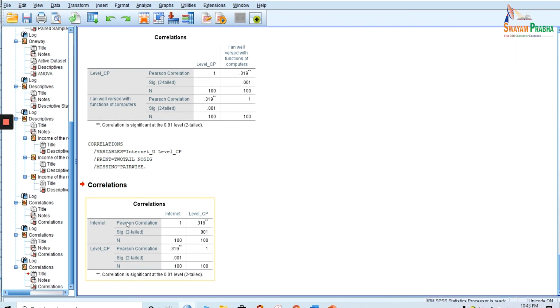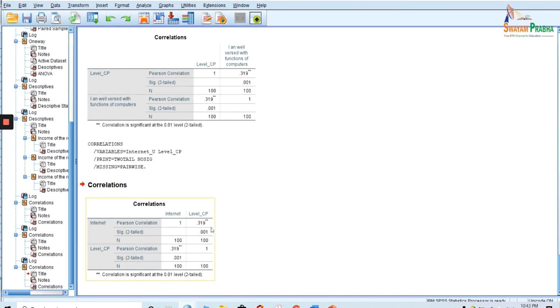See here, the Pearson correlation between internet use and the level of computer proficiency is 0.391. Although it's not a very strong correlation, I will call it a mild correlation. But we are interested in whether this correlation is significant or not. That is explained by the p-value.